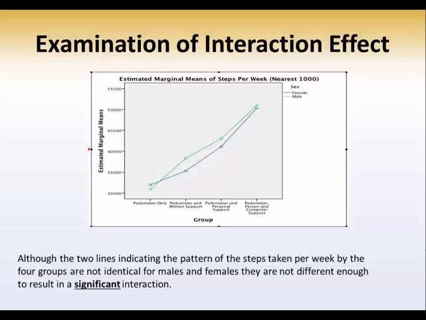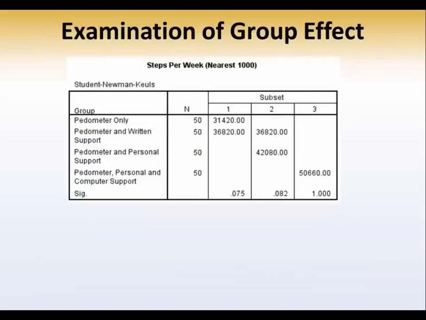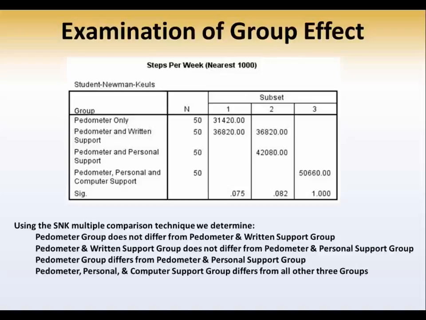Recall that there was a significant group effect. So let's go look at some post hoc procedure. We use the Student Newman-Keuls here again, and as we've seen before, it puts the means into subsets. Any means that are in the same subset are not significantly different. For this output, we found that the pedometer group does not differ from the pedometer and written support group. The pedometer and written support group does not differ from the pedometer and personal support group. The pedometer group differs from pedometer and personal support group, and the pedometer, personal, and computer support group differs from